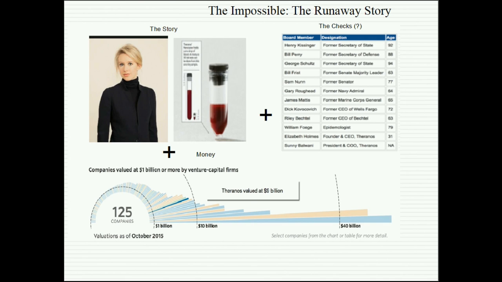And starting in October of 2015, everything unraveled. One after the other, the pieces fell apart. You know what's happened to Theranos? It's shut down. Elizabeth Holmes has been banned from being in the blood testing business for the next 5 years. But $9 billion is gone, right? All those people invested in it.